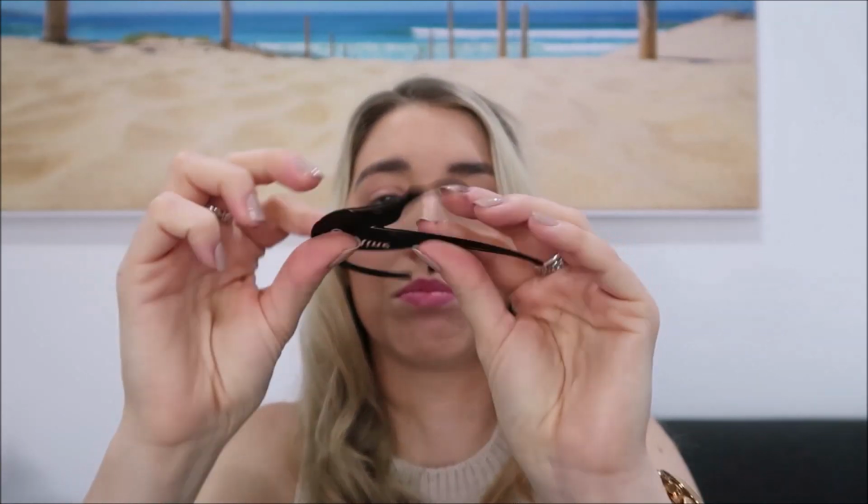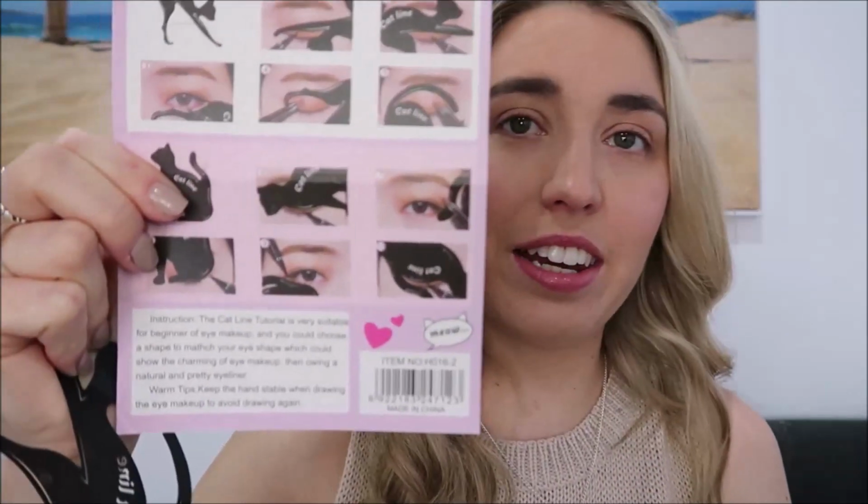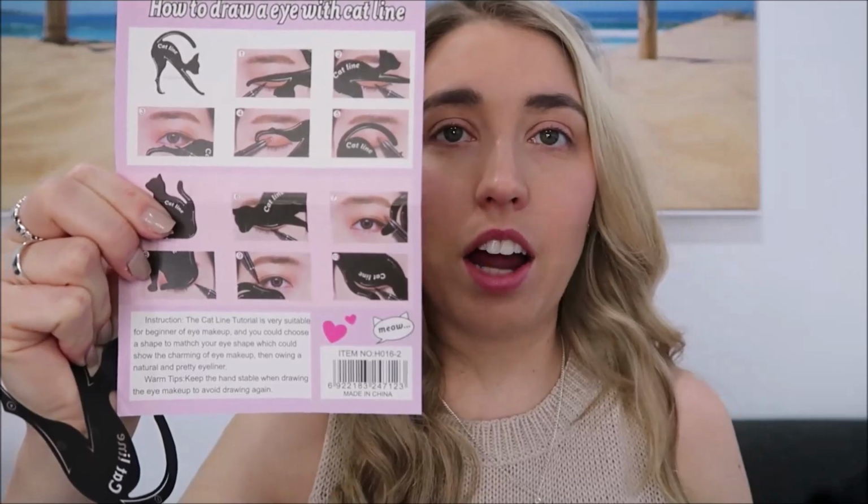They're quite cute. So first impressions, I did think that this was going to be a hard plastic based on the eBay picture. I thought it was actually going to be like a black plastic thing, but this is like a, what would you call this? Like a plasticky cardboardy type thing, but it's definitely not exactly what I thought it would be. So the idea behind these is that you can use them to do, it looks like about 10 different eyeliner and eyeshadow